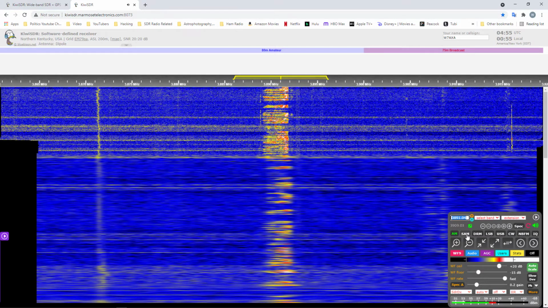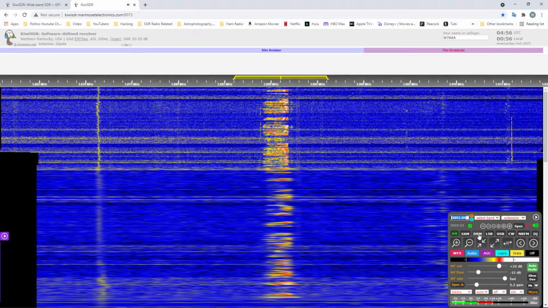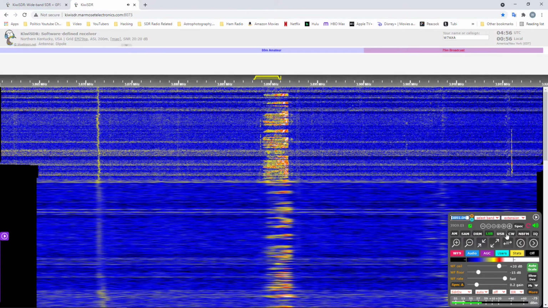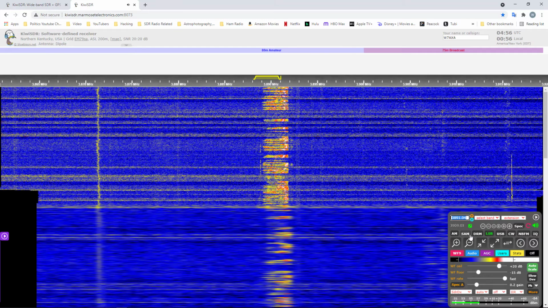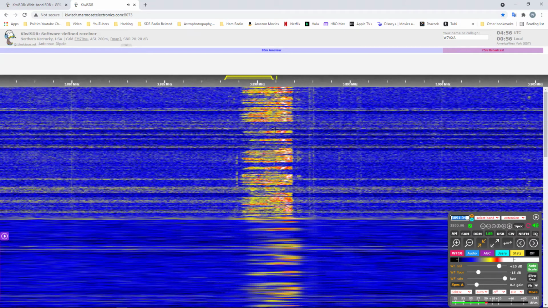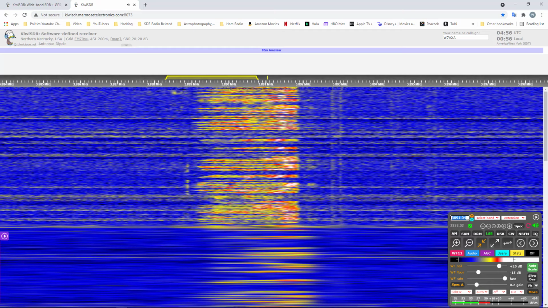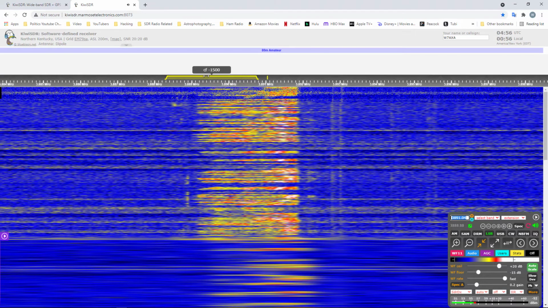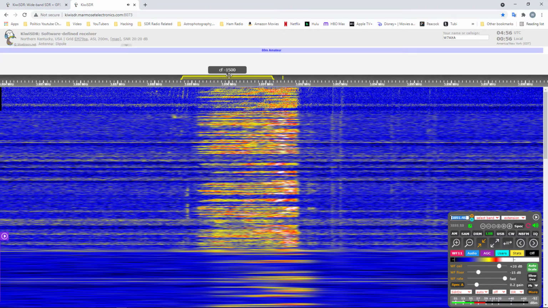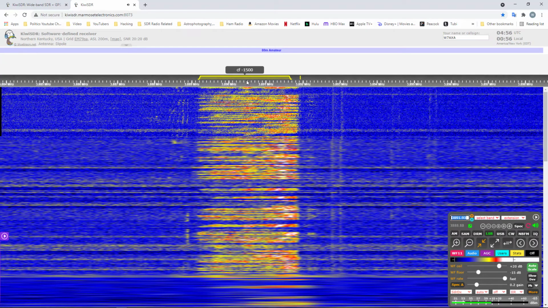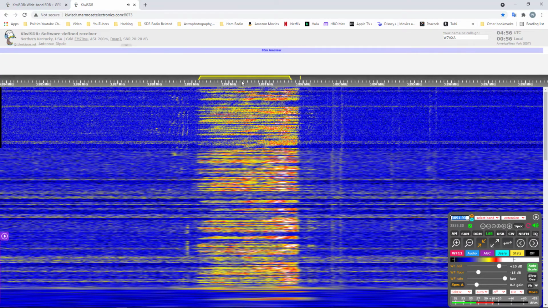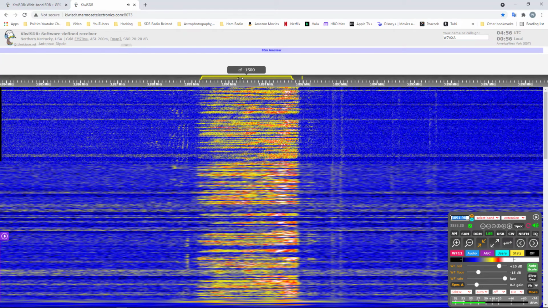So you got AM, SAM, DRM, lower sideband, upper sideband, continuous wave. Well, you get the message. It so happens that pretty much all 80 meters is lower sideband. Perfect reception. I mean, crystal clear.